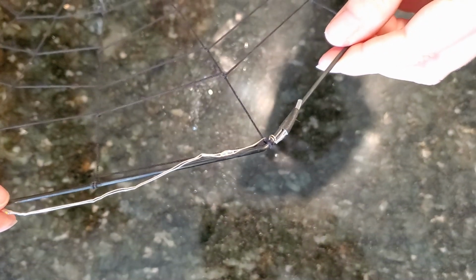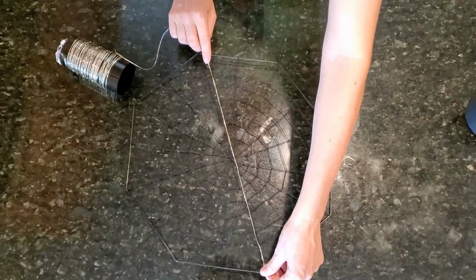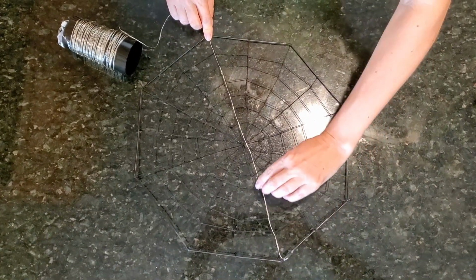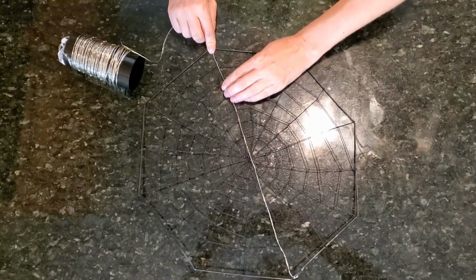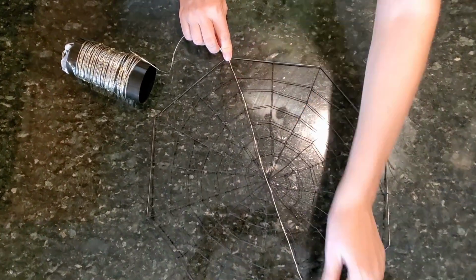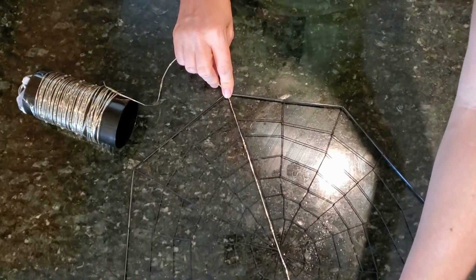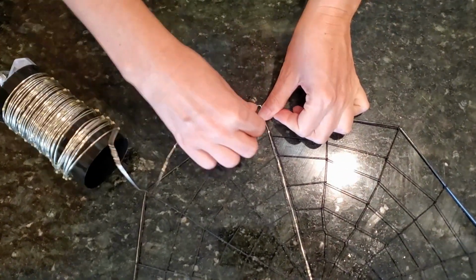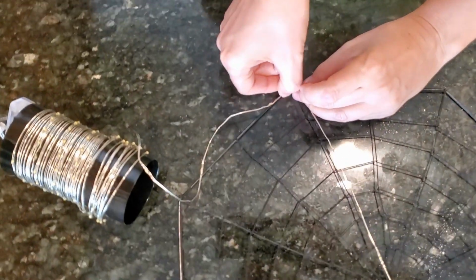There we go. First step is done. Then go ahead and go all the way across, follow your guideline right here. Try to get it as tight as you can with a little bit of slack, but not too much. And then we're gonna bend it right here, tape it,